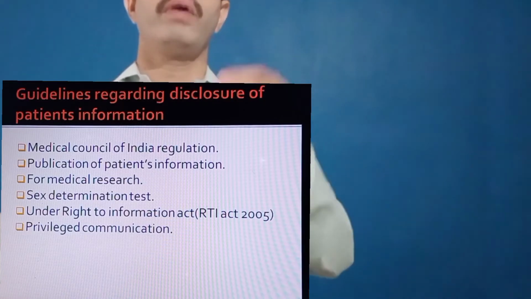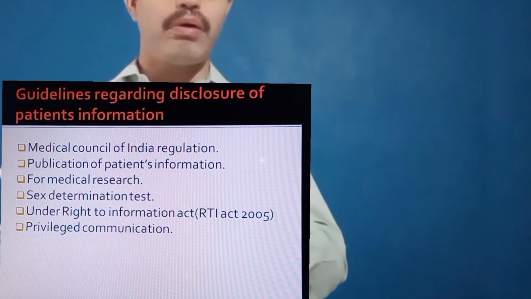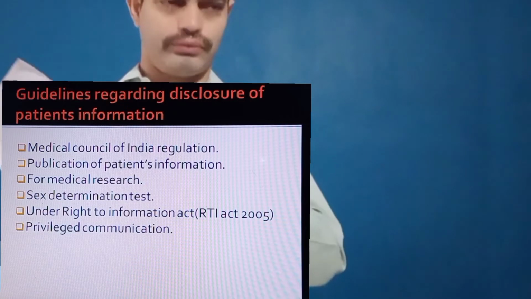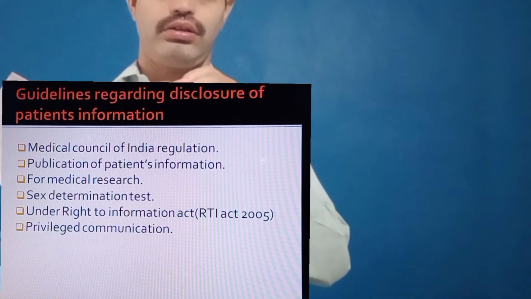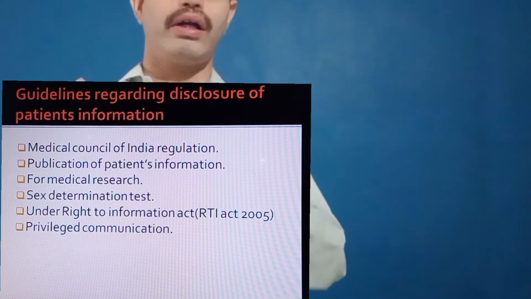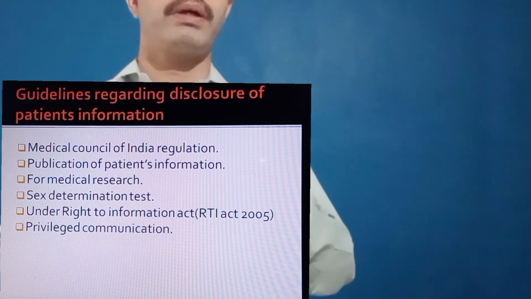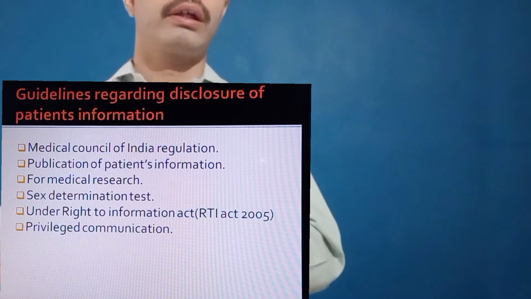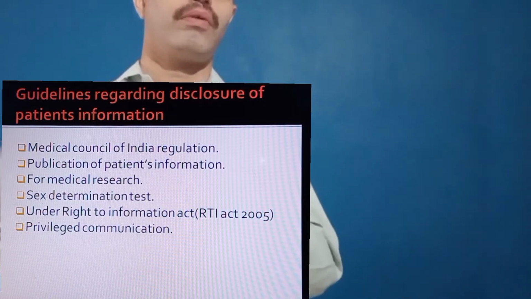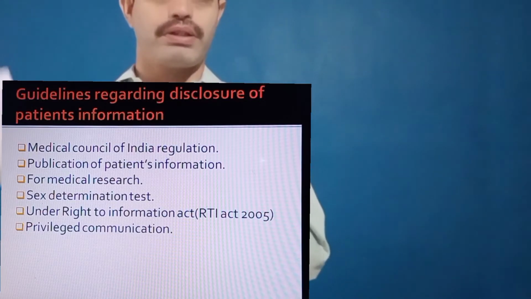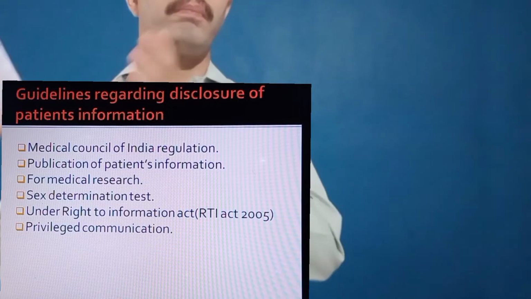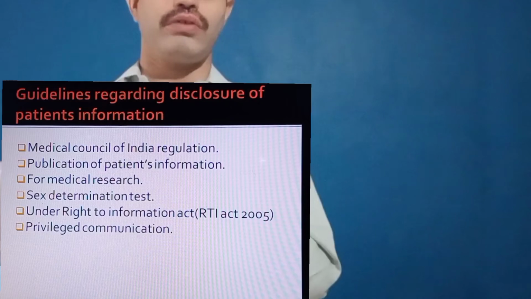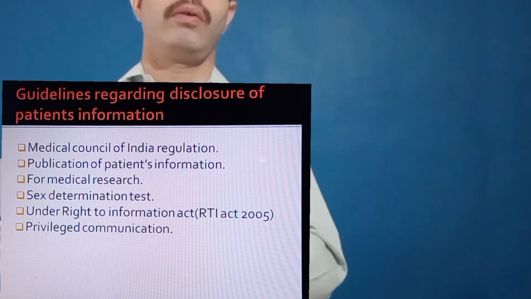Or even when you are not disclosing the name of the patient, you are not publishing the photo of the patient, but you are disclosing the time or date on which you treated the patient and the location from which the patient came, then also it can be said that there is disclosure of the information of the patient, or the identity of the patient is going to be revealed, and the patient can sue you in the court of law and demand compensation from you for breach of